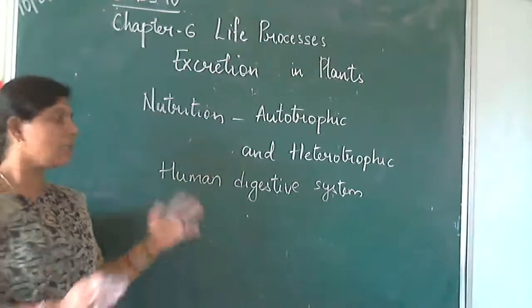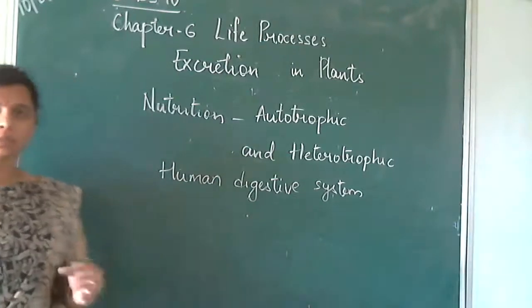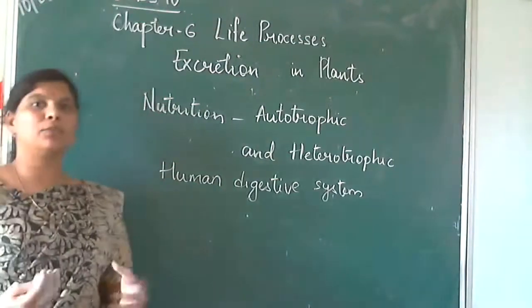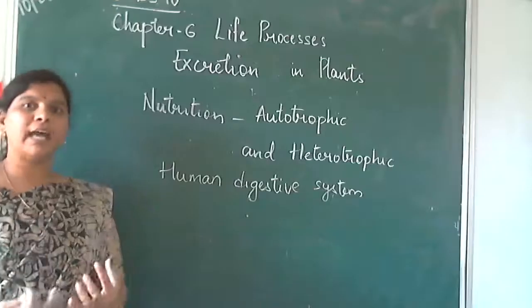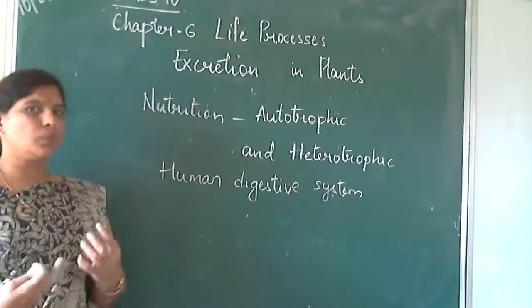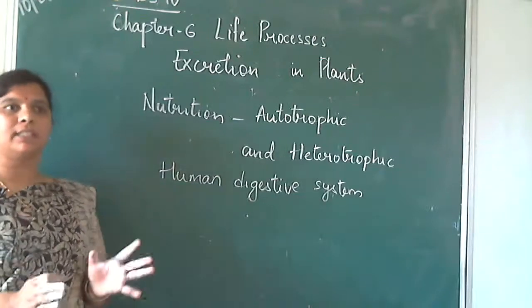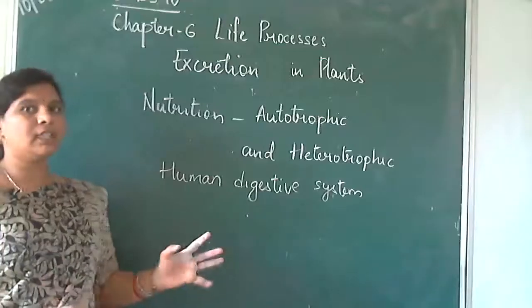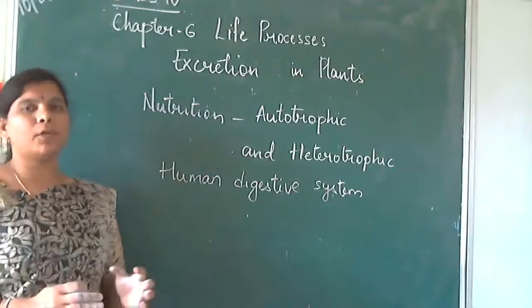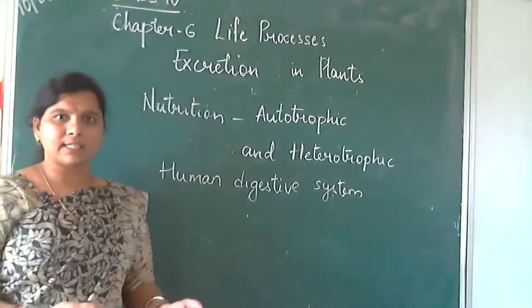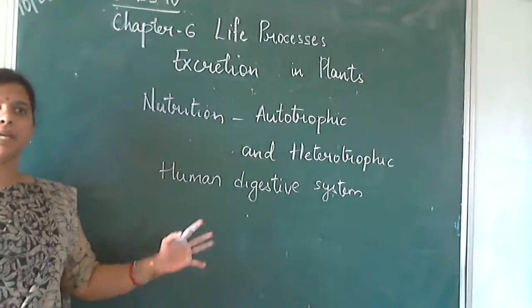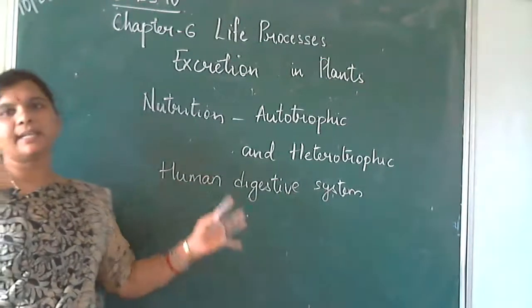Now here the important point for small 1 mark questions which you have to remember is, where does the actual digestion start? Don't think that it is in the stomach. It starts in the mouth itself, where starch is acted upon by the salivary enzyme. Okay, salivary enzyme, that is amylase. So from the mouth it enters into the stomach.